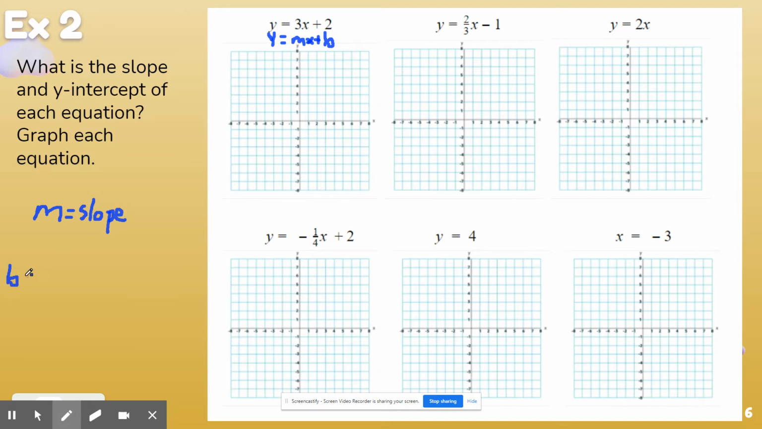So b, the y-intercept, is also the same thing as saying it's where you start at. And so when someone asks you, what does the y-intercept mean, you can almost always guarantee that you can say, oh, it's where I started at. And so when I look at this problem that says y equals 3x